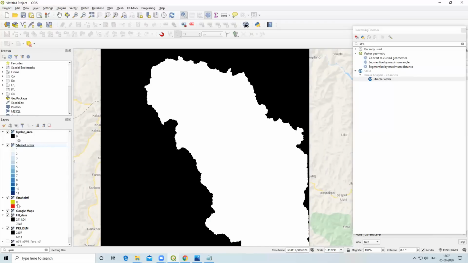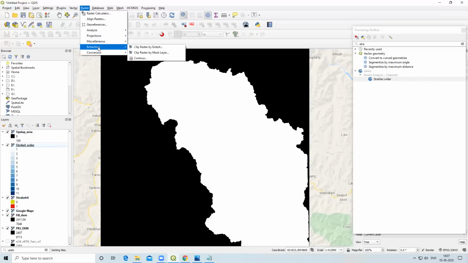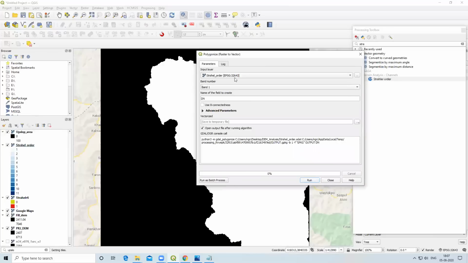We want both in vector format. So first we will convert this raster to vector. I will click on raster, then conversion, and in conversion, followed by polygonize, the raster to vector option is there.